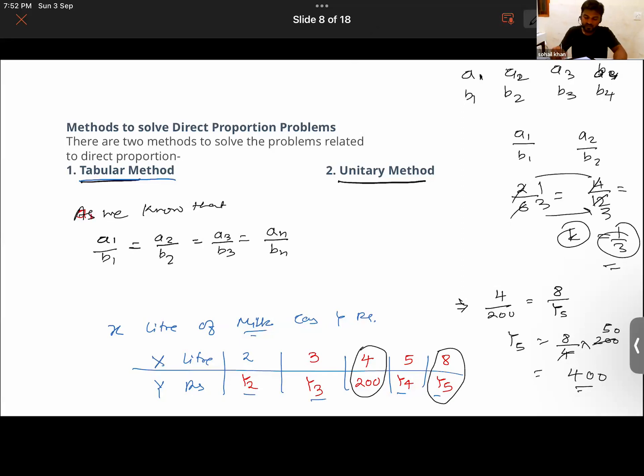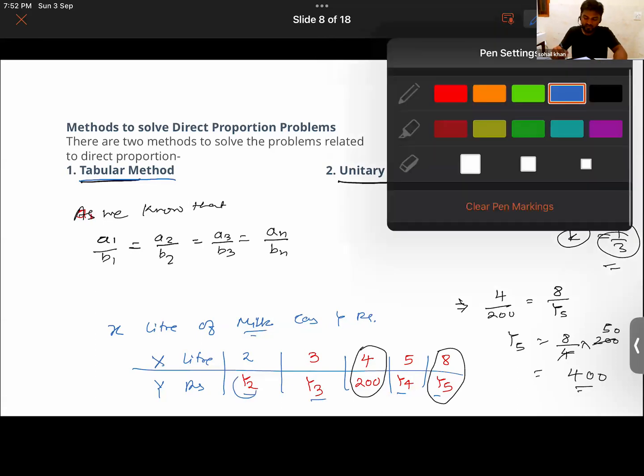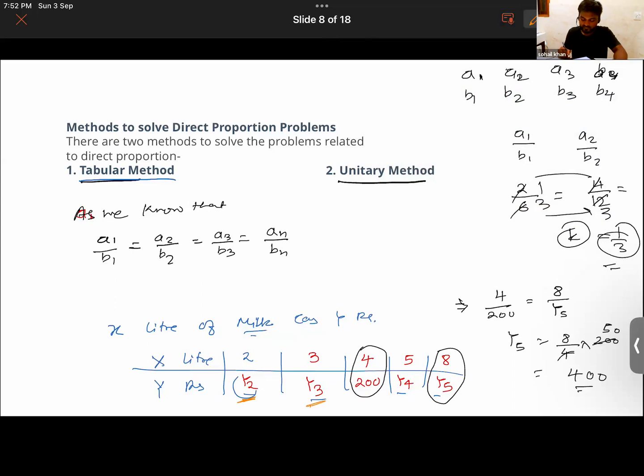Getting it now? So you could find the other values also. Y2, Y3, Y4 can also be found out very easily, isn't it? So that is the tabular method to solve problems of direct proportion. Remember, we are dealing with problems of direct proportion. One more thing,